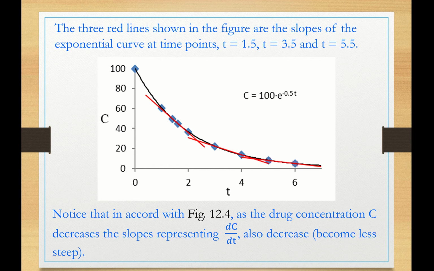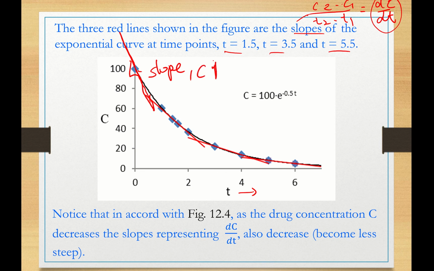And notice now that the slope is not a constant, because what is the slope? That should be C2 minus C1 over t2 minus t1, right? That is dC/dt. We know that dC/dt is not constant in first order processes, and this is what we have just described here. As time increases, these slopes become less and less steep. So essentially, when the concentration becomes low, the dC/dt is also very low. When the concentration at the beginning of the elimination process is high, for example here, the slope will be very steep like that, okay? Because dC/dt here will be very high. So this would be my slope